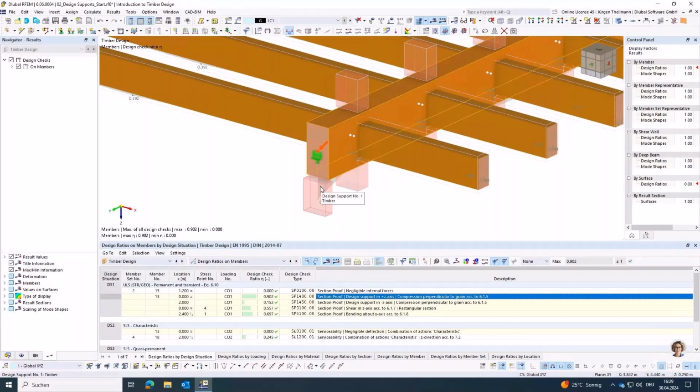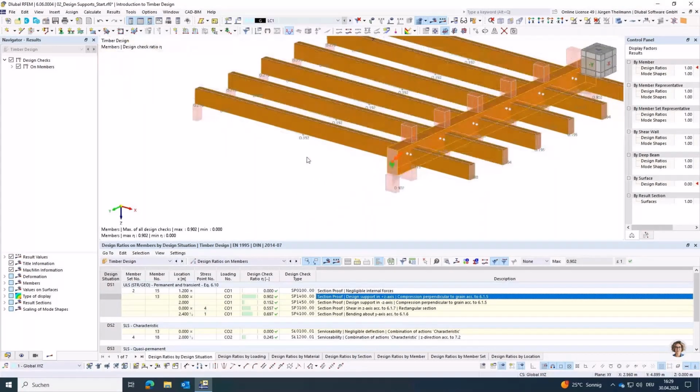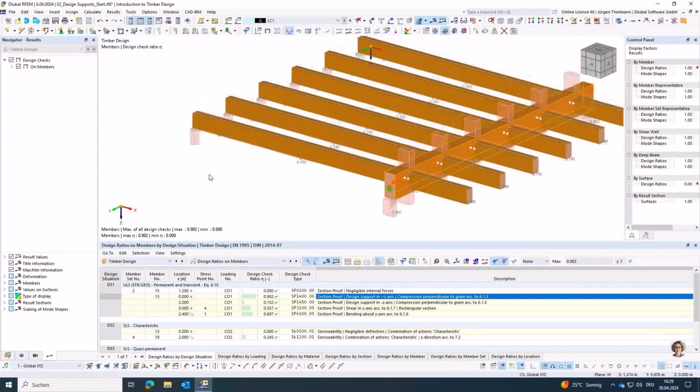Good, so another thing I want to show you in this model are the notches, or as we call them, the section reductions. So I had this one here already. I deleted it out, so I want to show you what this was or is. So I double click on that member,